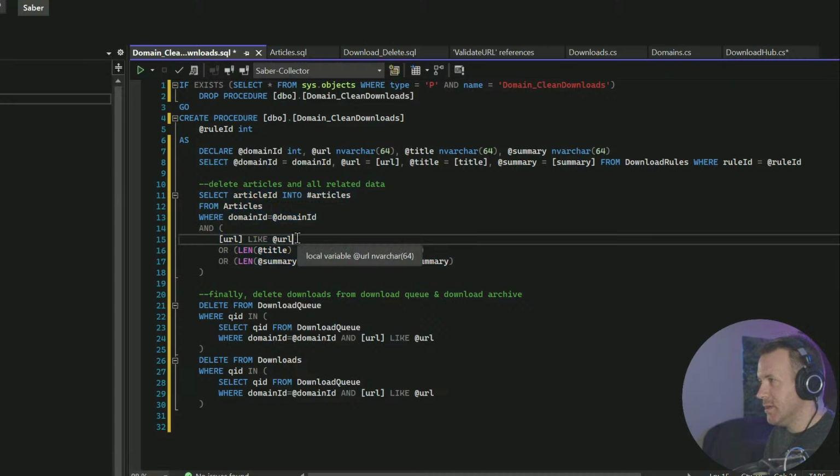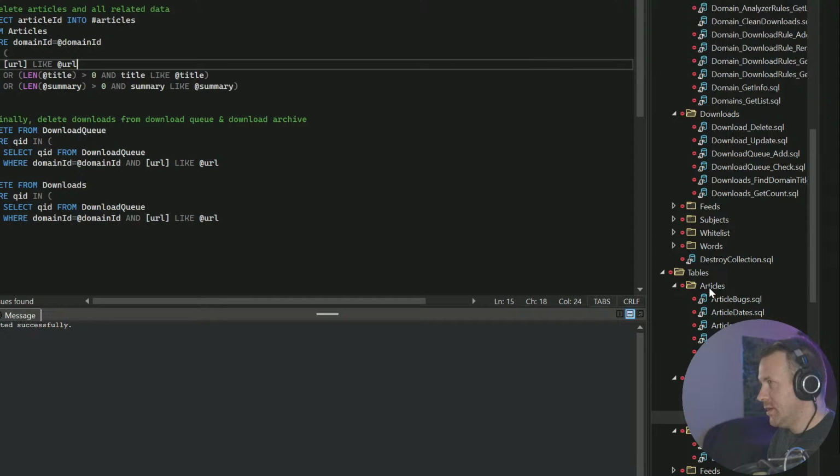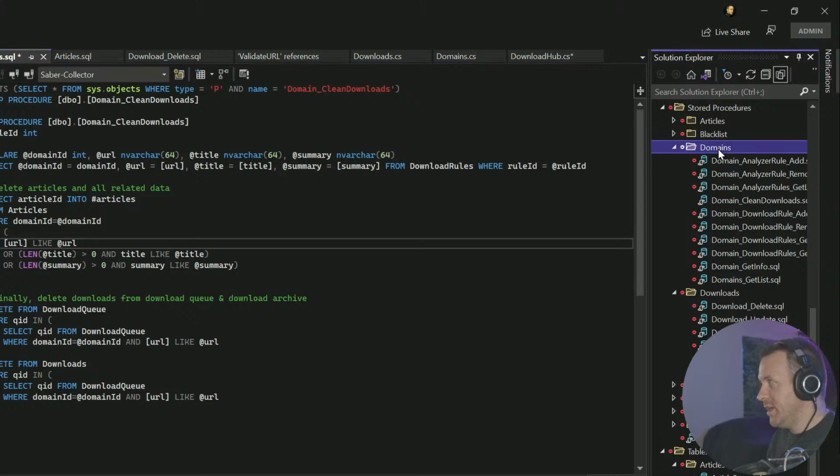I'm actually going to turn that into a stored procedure too. So under domains,